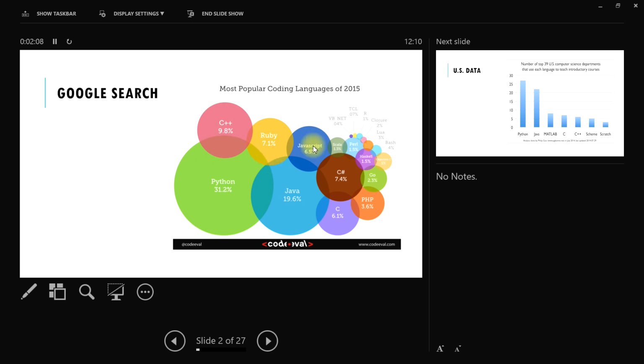And JavaScript and Ruby you can avoid, they are mostly used for web pages where you are developing web pages. And we PhD guys generally do not deal with web pages, so we can avoid JavaScript and Ruby on Rails, Scala, Perl and so on.